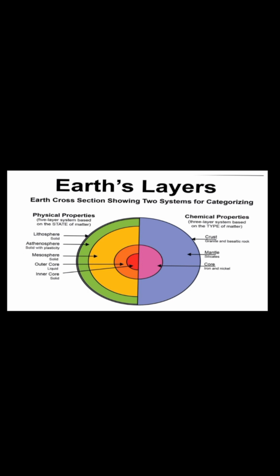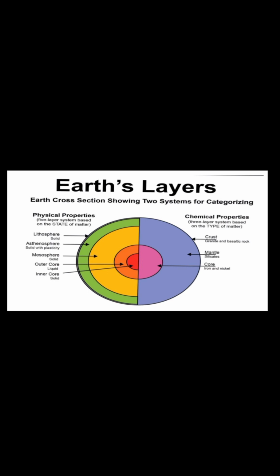Before learning about tectonic plates and earthquakes, you should have an idea about the structure of the earth. Earth is actually composed of many layers. Layers can be classified according to the chemical properties and according to the physical properties. Chemically, there are three layers: the crust, which is the uppermost, outermost layer, the mantle, which is the middle one, and the core, which is the